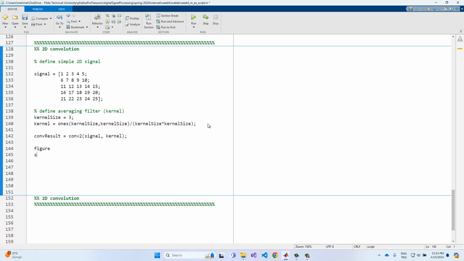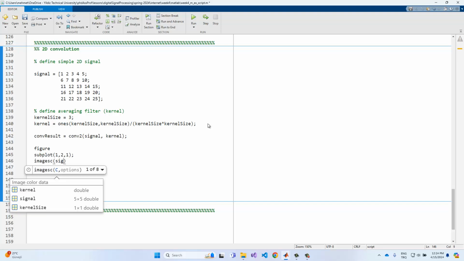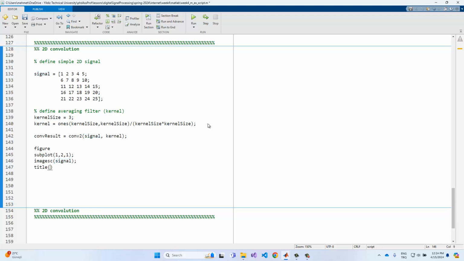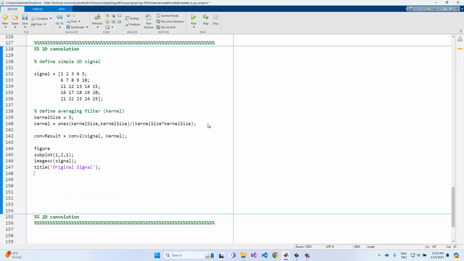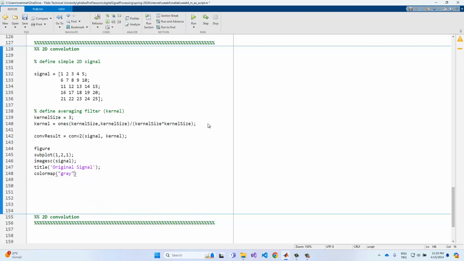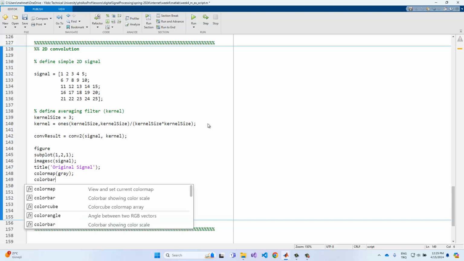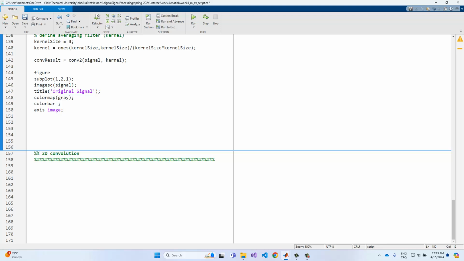And after that we should visualize the whole results in here, subplot 1 to 1, okay. And imshow, the signal value in here, and the title should be given as the original signal, okay. And also the color map should be given as gray, just like this one. And the color bar can be used as in here. Axis image, ensure the aspect ratio is 1 and 1, okay. And also